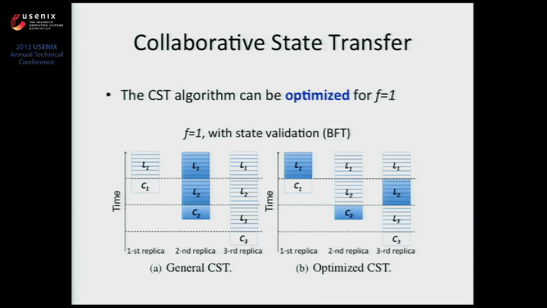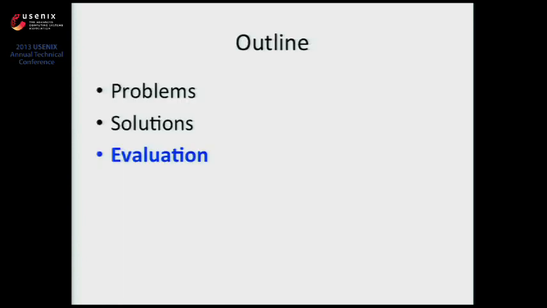So there's an important optimization for dealing with systems that tolerate a single fault. Instead of asking for all the state, and by state I mean the checkpoint and the logs, from a single replica, I spread the load of sending state to several of the replicas, okay? So one of them will send the checkpoint, and another 2 will send different parts of the log. This example is for the Byzantine case when you have 4 replicas. You have a 4th replica that is asking for the blue parts. The parts in white in this figure are digests that I need to validate the state, okay?